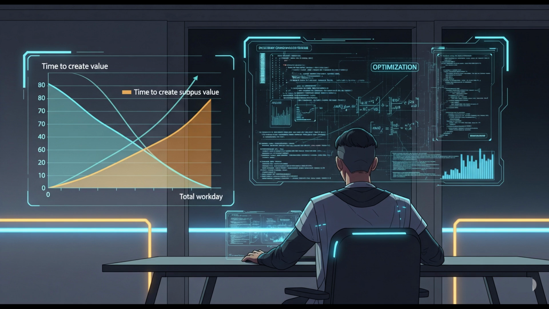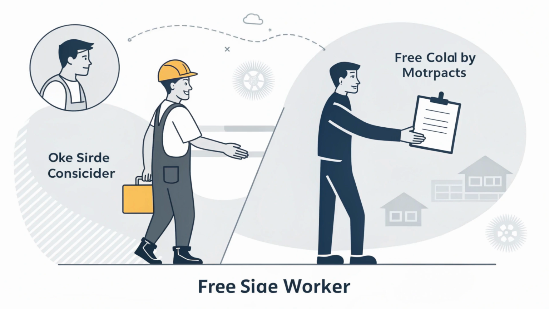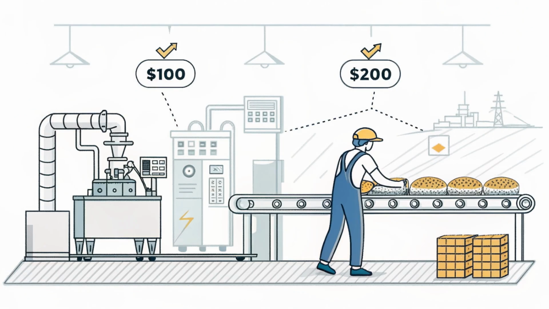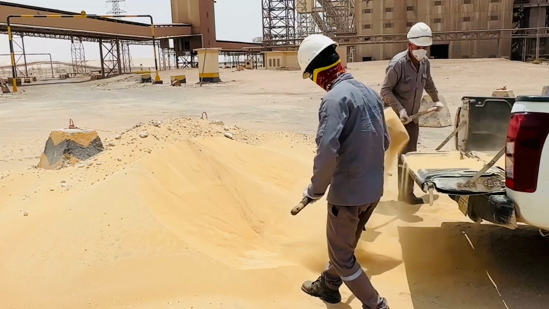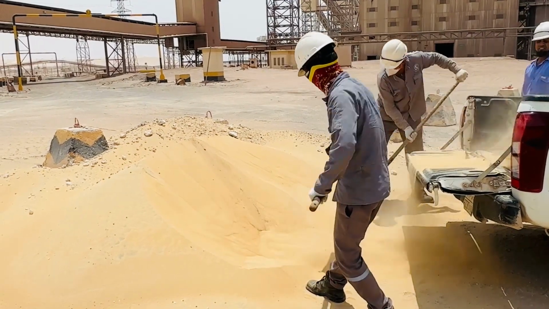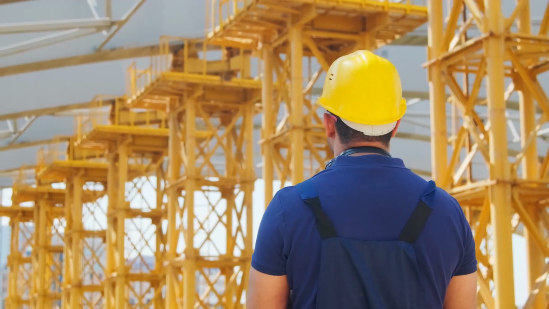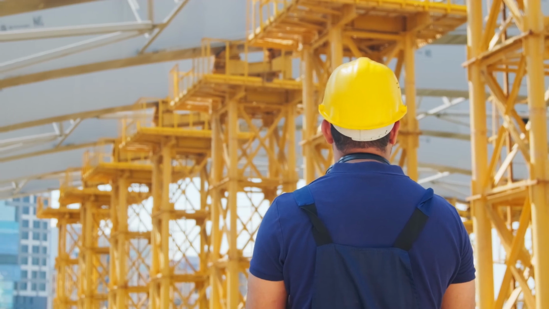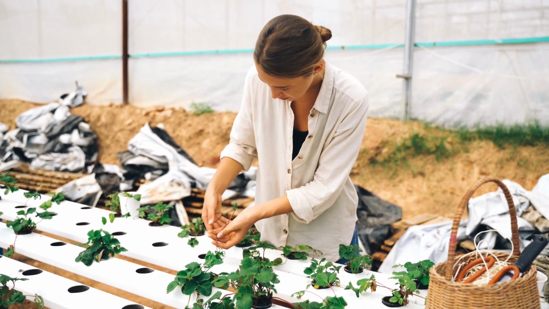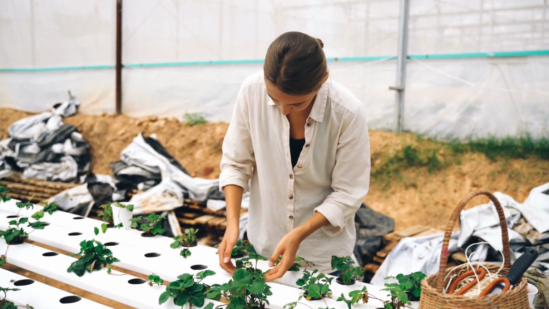Now we know where the magic happens. It's not in the market, but behind the scenes, in the process of production. The capitalist buys labor power, raw materials, and equipment. They pay the worker exactly what their labor power is worth, for example, $100 for a day's work. But during that day, the worker creates a new product with a total value far greater than the cost of their wages. For instance, in 8 hours, the worker produces goods worth $200.